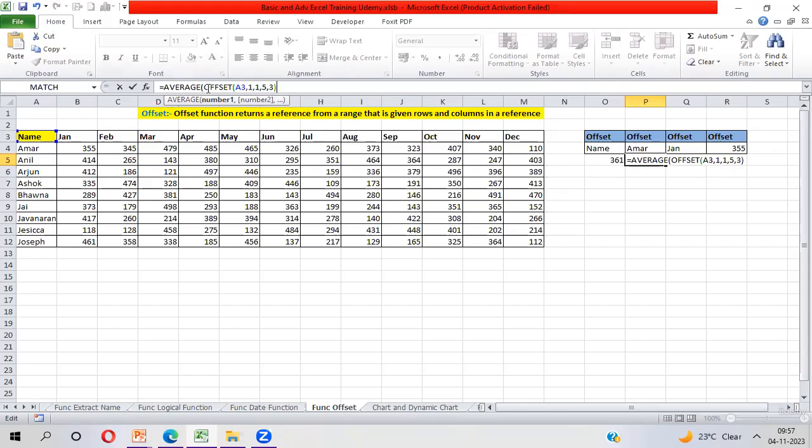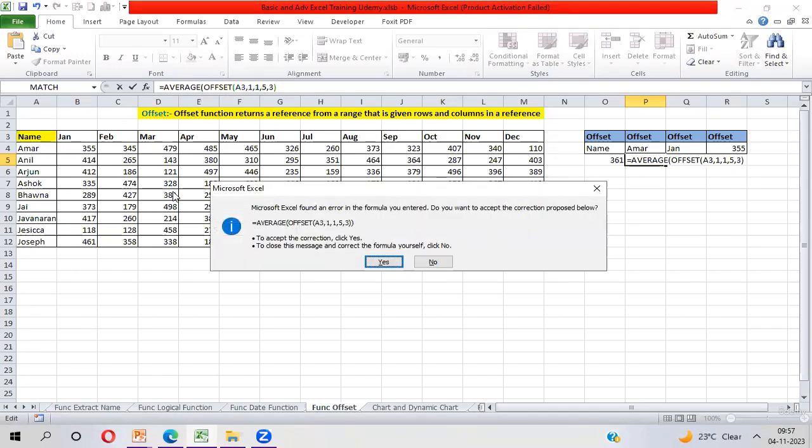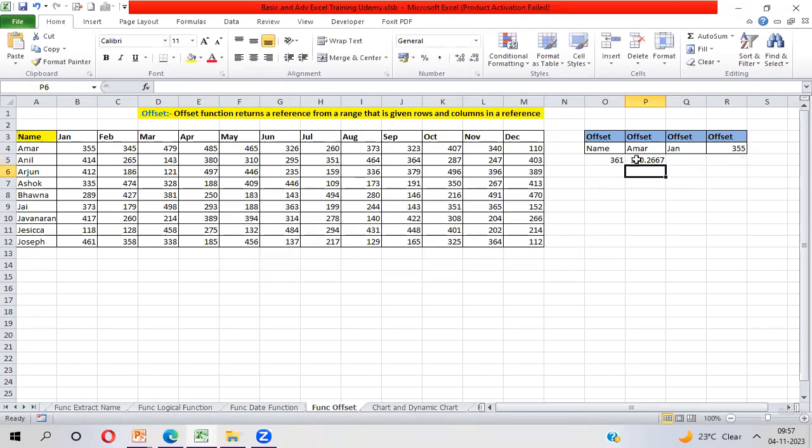You will get the average value from B4 to D8. Enter. Now you can see you are getting an average value of 330. Of which cell reference? 1, 2, 3, 4, 5 is the height, and 1, 2, 3 is the width. So this is the average value if I'm passing row and column both.